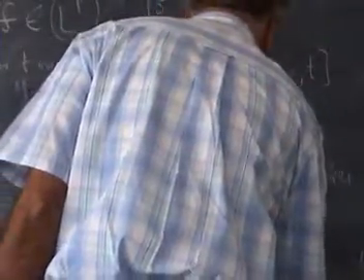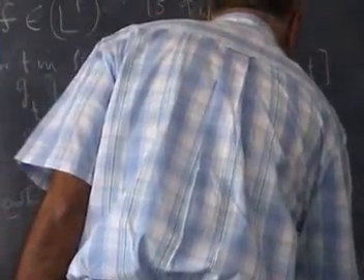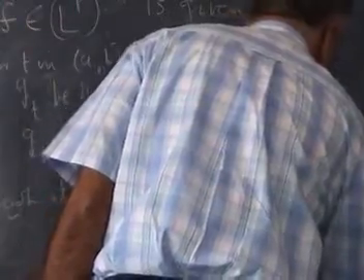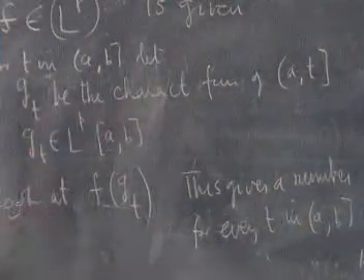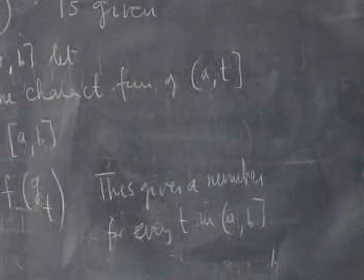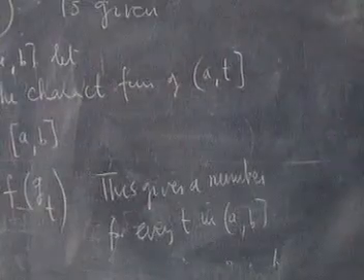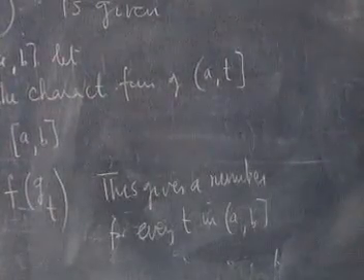For every t in AB, I get this number. So in other words, I have a function. So we have a function h of t defined